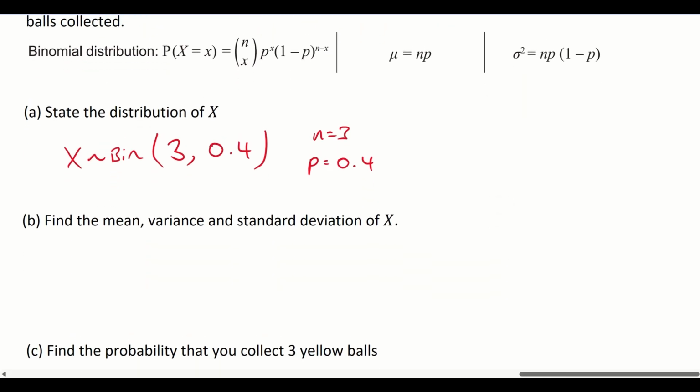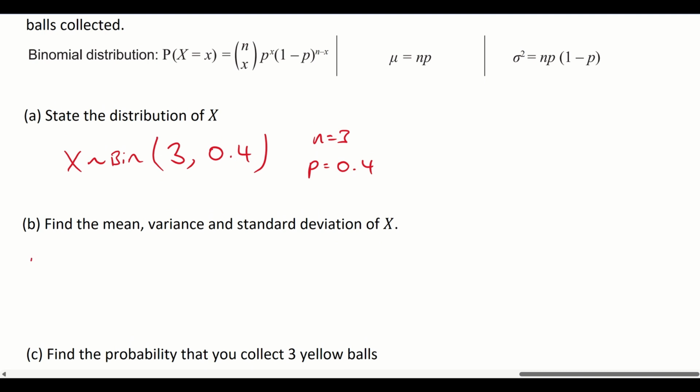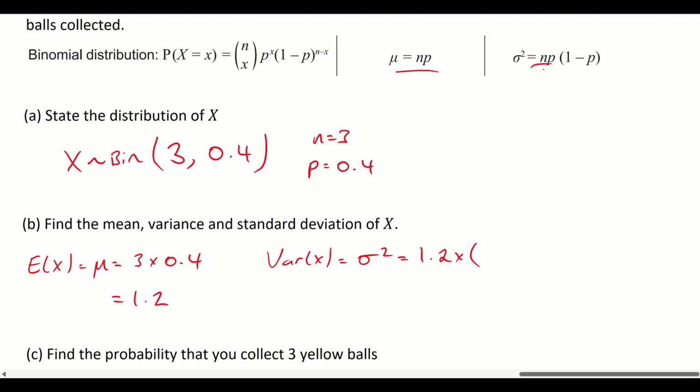The mean, the variance, and the standard deviation. So the mean, or the expected value of x, is just n times p. So 3 times 0.4, so I just get 1.2. The variance of x, being my sigma squared, that's just my n times my p, so my 1.2 multiplied by 1 minus 0.4. And if you pop that into a calculator, you just get 0.72. And then my standard deviation, just my sigma, well, that's the square root of 0.72, which just works out to be